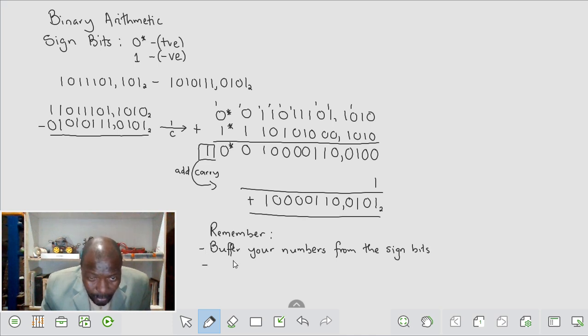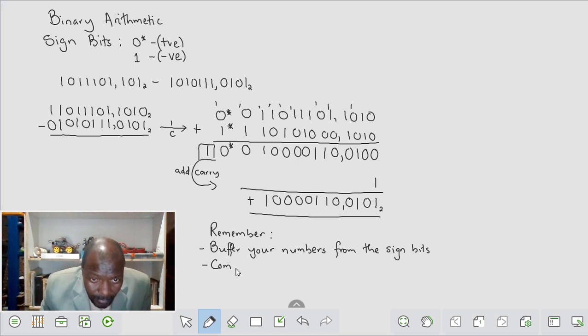The second step, what you do, obviously all the stuff of balancing up your digits and aligning your commas is still applicable. I'm now referring to stuff that is peculiar to this particular situation here. So you buffer your numbers from the sign bits. What you do, you